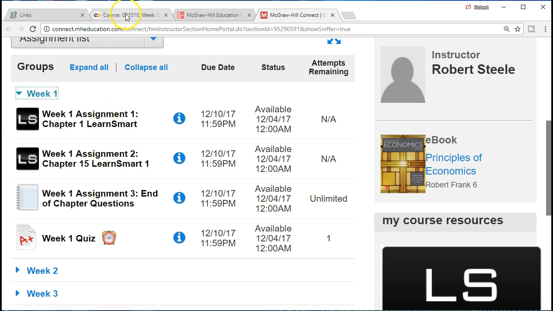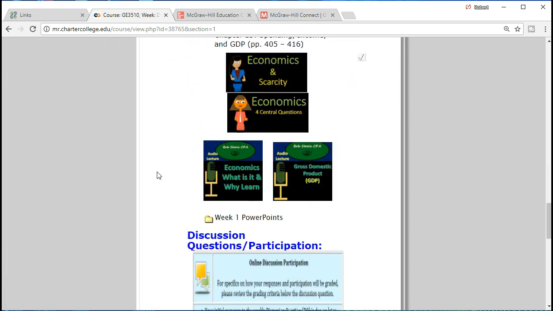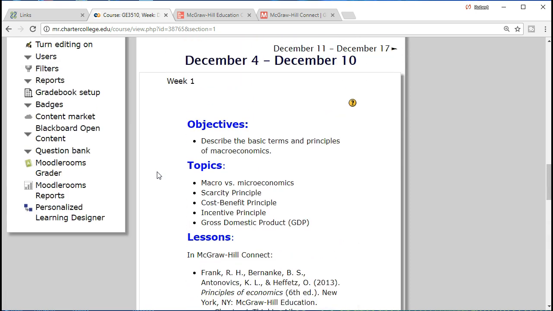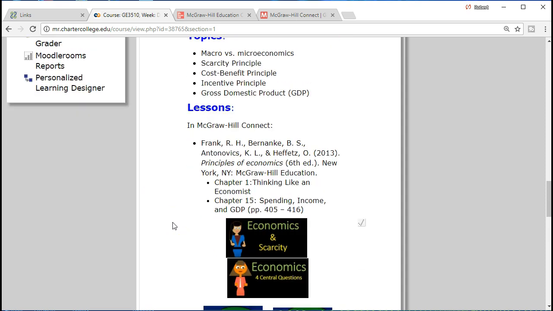Going back to Moodle Rooms, scrolling back down to week 1, we then have the lessons here. We're going to be covering chapter 1 and chapter 15. That's going to be Thinking Like an Economist, a bit of an introduction to economics and economic thinking. And then we'll talk about spending, income, and